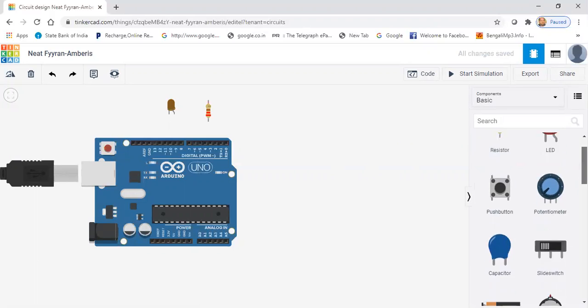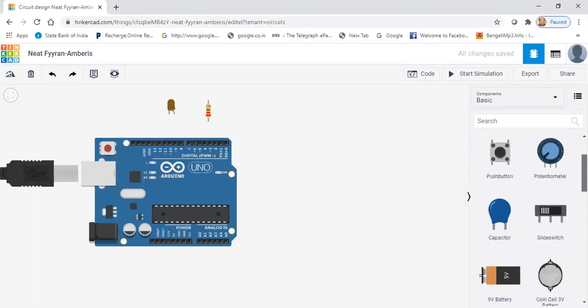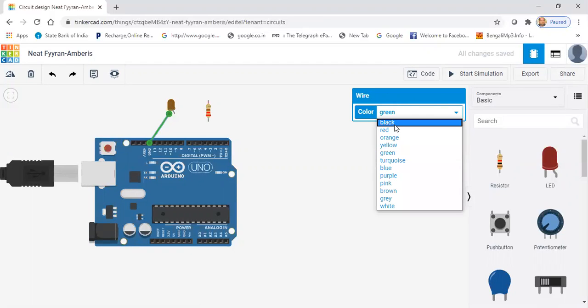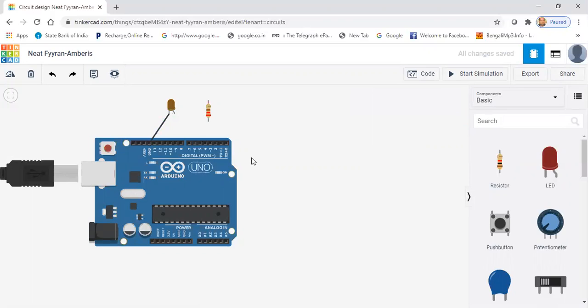Then we are going to connect. So this is the cathode terminal. So we are connecting this cathode terminal with the ground by this wire connection. The color of this wire you can change. Here it is green. Say for example, if we are choosing the ground connection as black, usually it is black.